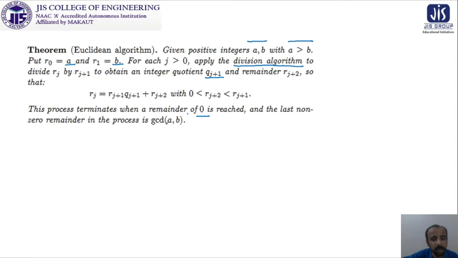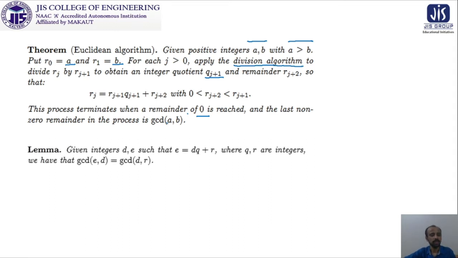It is actually supported by a lemma. This lemma tells us that given integers d and e such that e is equal to dq plus r, where q and r are integers, we have that GCD of e and d is equal to GCD of d and r. It is very much interesting. Look at this. I am not going to prove this, I am just going to give you some idea on that. Suppose C is a common divisor,